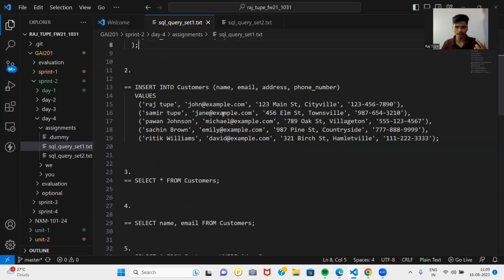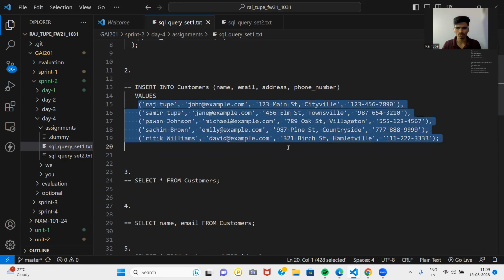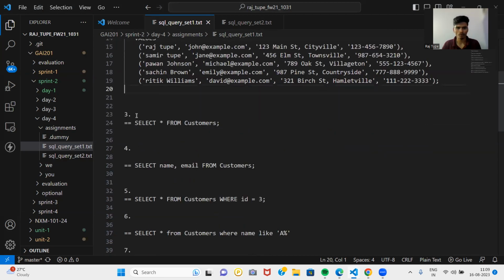After that, if I want to insert some rows inside the table, this is the syntax: insert into customers. We write the table name here, then the columns in which we want to include the data, and then the values. And if I want to select some data from the customers table,